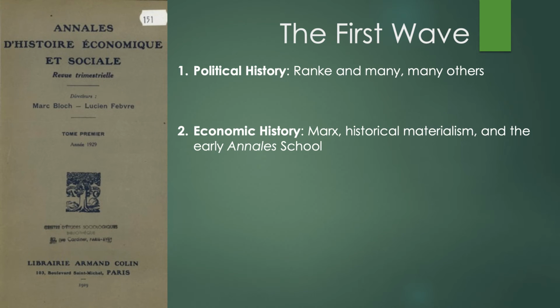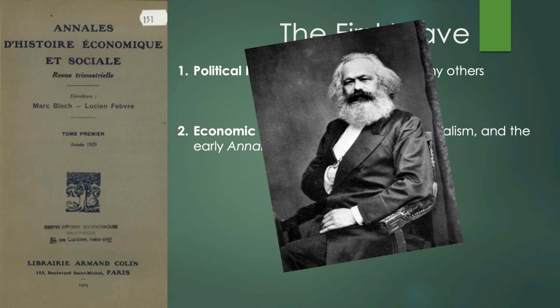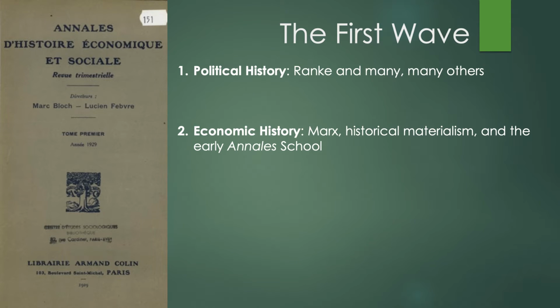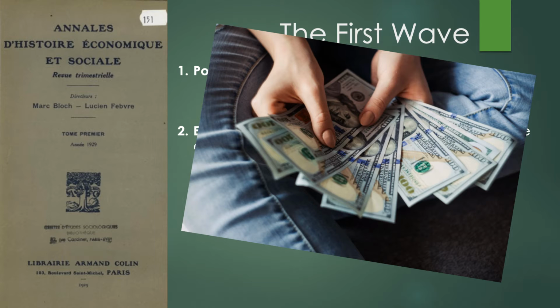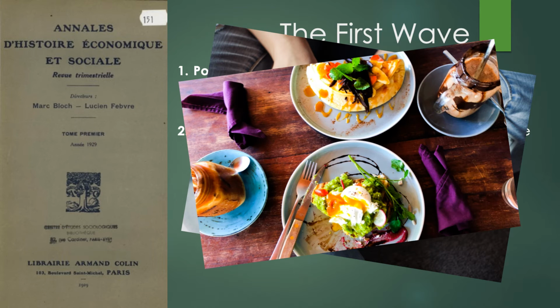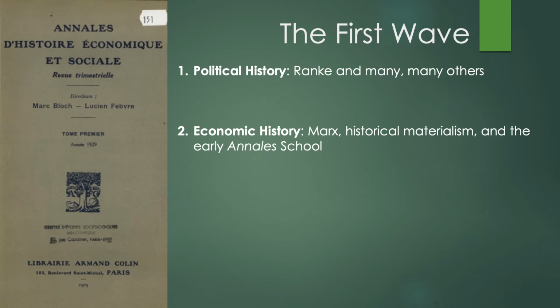Economic history led historians to another approach. Beginning with Karl Marx, some historians began to theorize that the main factors that drove changes in history were material in nature. Material conditions such as wealth or access to the means of production or access to food or shelter. While Marx's writings were mostly theoretical on this account, historians after him took his approach and applied it to specific historical circumstances. The early years of the Annales School, while not decidedly Marxist in their ideological approach, took as their